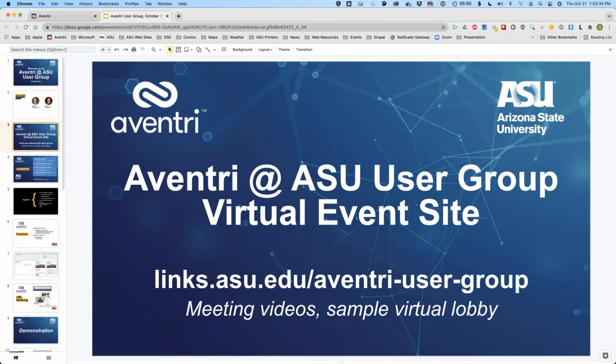So it's great that you've got the Outlook invite and the Zoom link. But if you want to get access to more fun with Aventri, more of its bells and whistles, and I have to say a site which we're probably going to leverage for some other future demos, I'm not going to tell you what, you will want to get signed up for the Aventri user group.